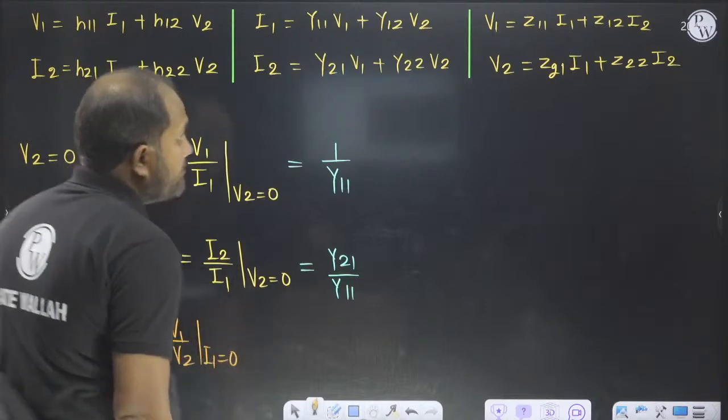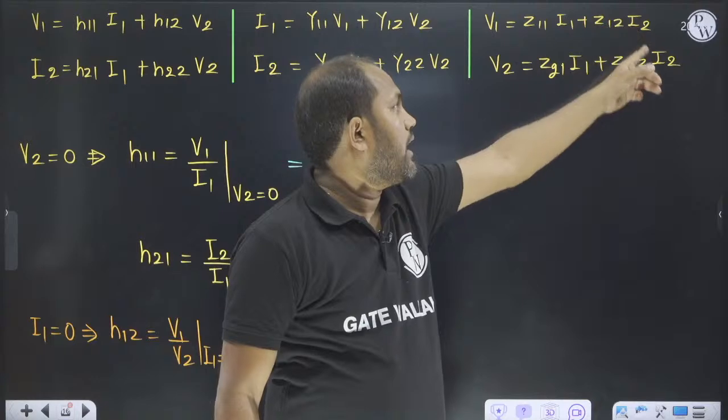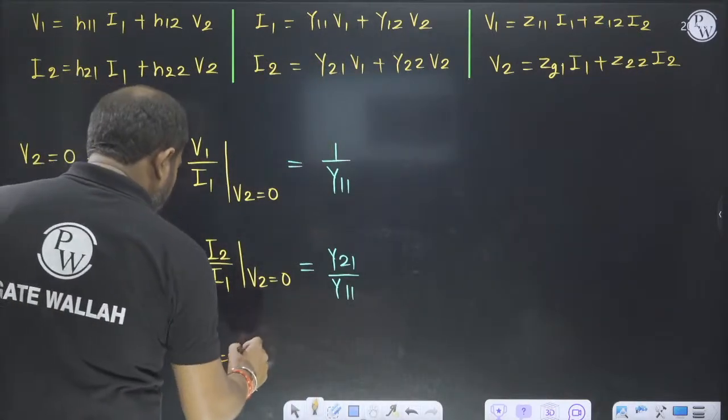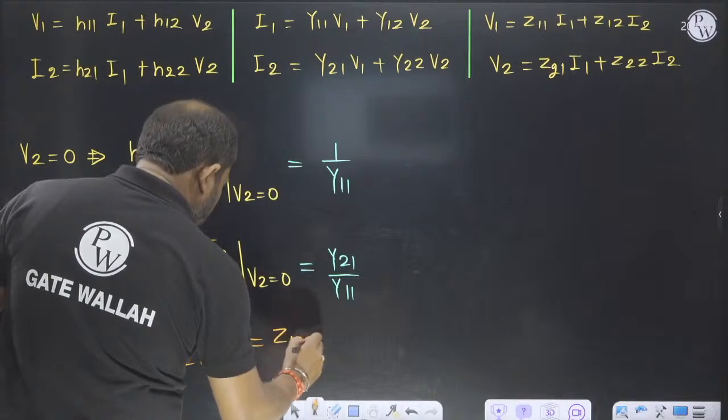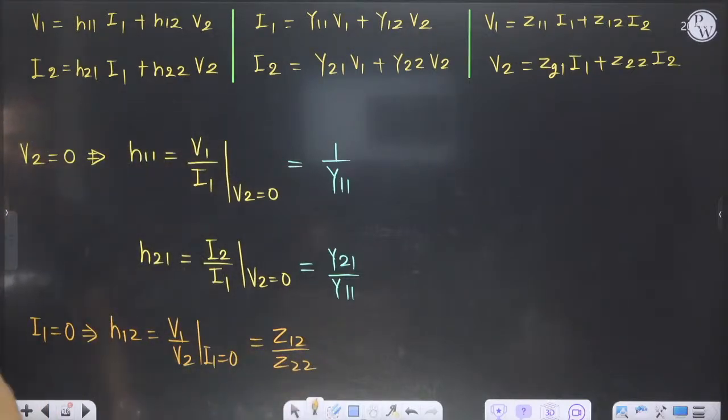So I will make I1 equal to 0, and V1 by V2 will be equal to Z12 upon Z22. So Z12 upon Z22. And then we have